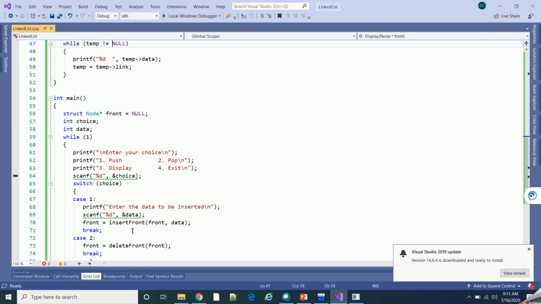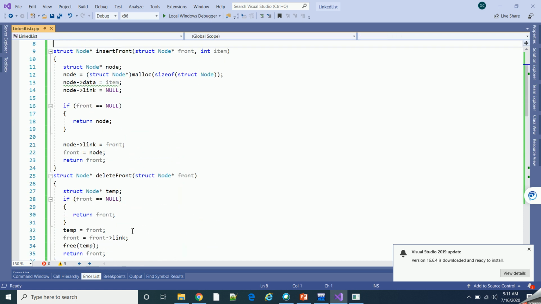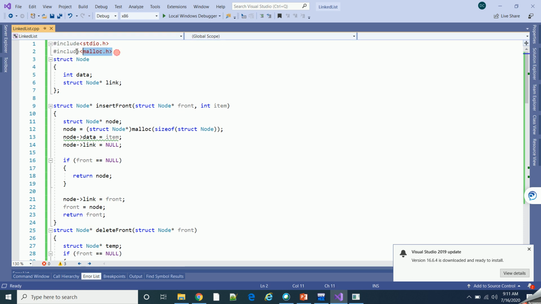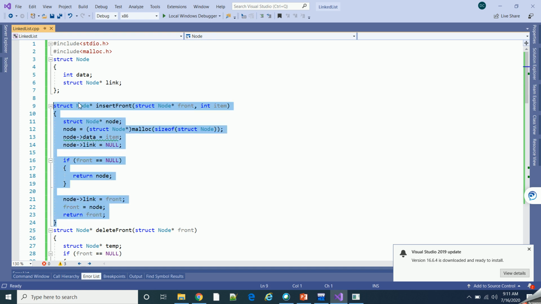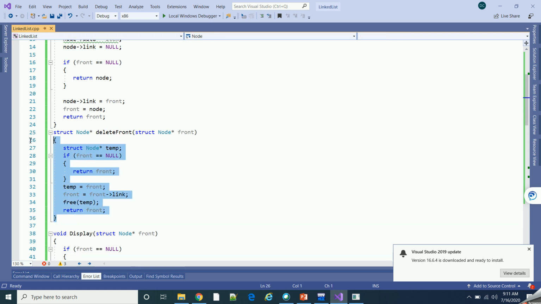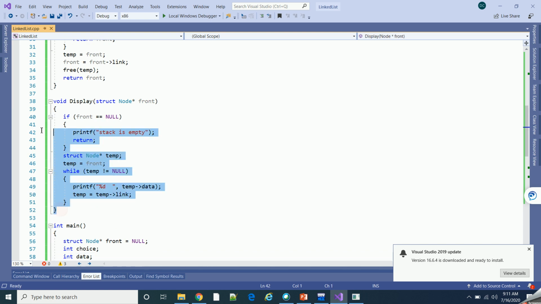Okay, so let's see the code of each of these operations. First, to allocate memory in C, you have to use the malloc header file for using the malloc function. This is the function that will help you to insert or push an element at the front of the linked list. And this is the delete function and the display function over here.